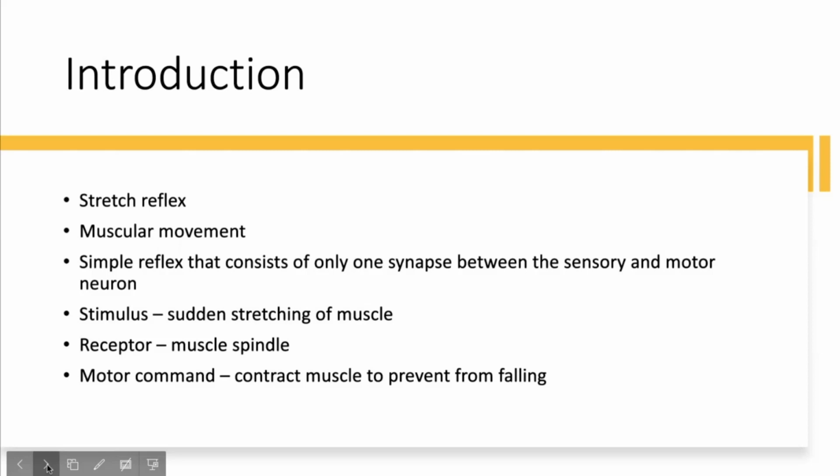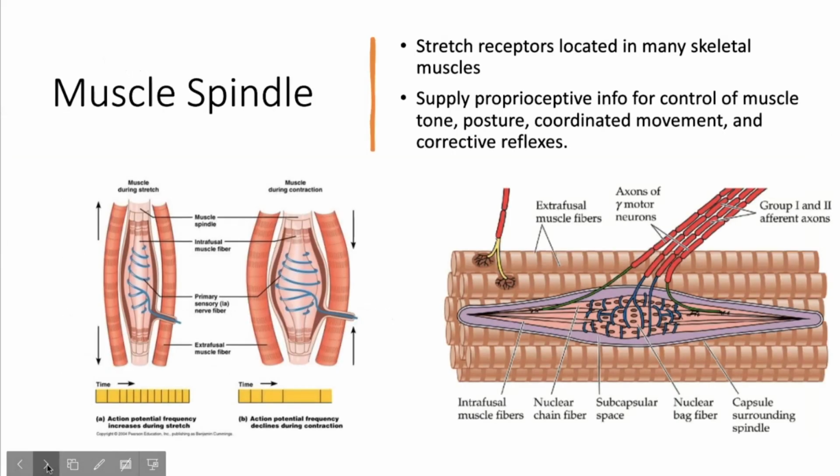And then the receptor is a muscle spindle, which has already been discussed. And then the motor command is, of course, just contraction of the muscle, which will prevent you from falling. And we can go on to the next slide. Thank you. So I won't go into too much detail as Louisa and